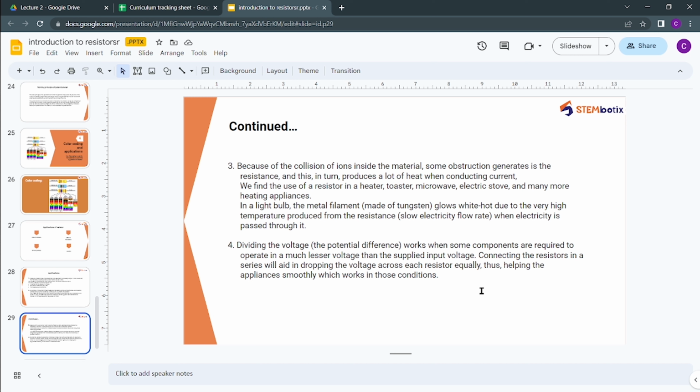So connecting resistors in series will drop the voltage across each resistor, thus helping appliances that work in those conditions operate smoothly. So to smoothly operate a device or component, you can use a resistor to divide the voltage for its safe operation. So these were some applications of